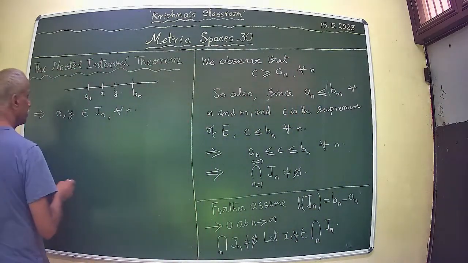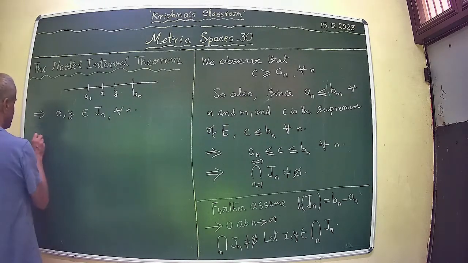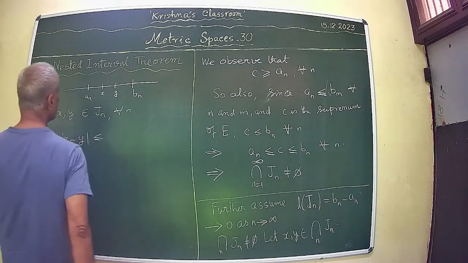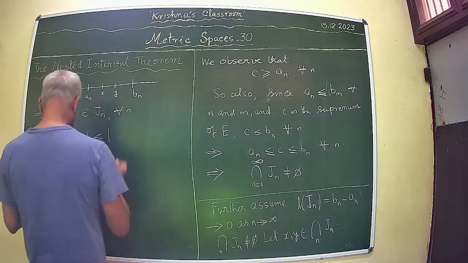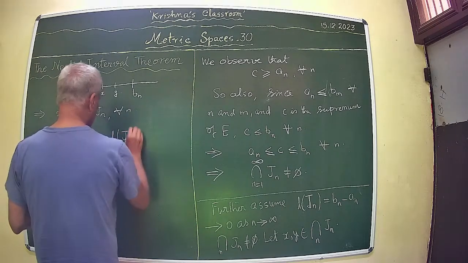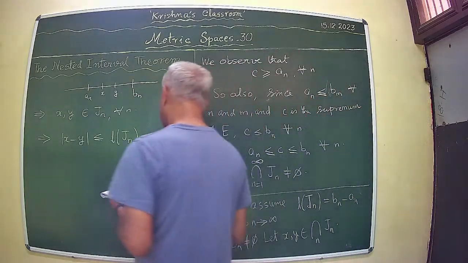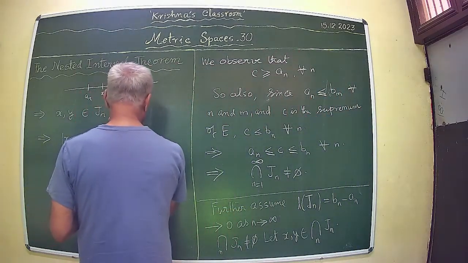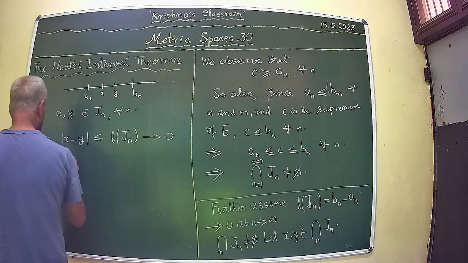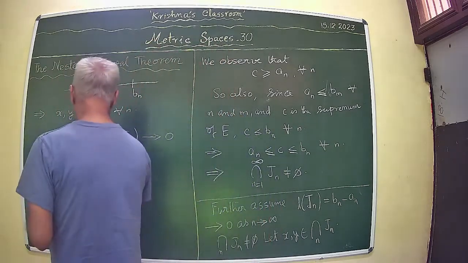We have mod x minus y, which is the length of this, less than or equal to mod Jn. And we have our assumption. Now we are going to make use of the assumption, and this goes to 0 as n goes to infinity. What does it mean? It implies